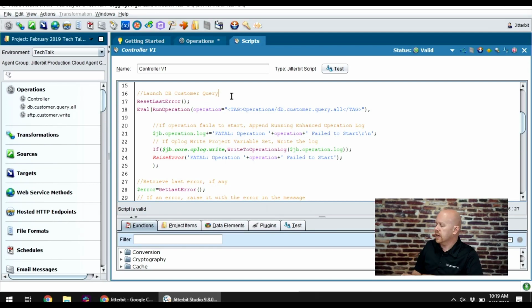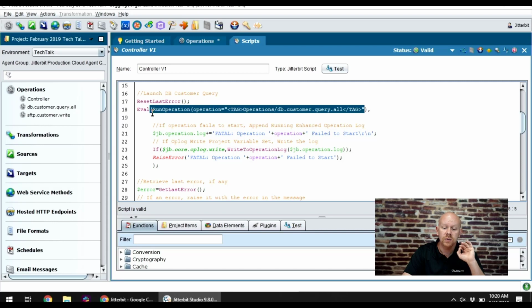If you look up in Success Central, the documentation for the run operation has some information about how to debug and capture some of this stuff. It's right there, and that's what I built this off of, expanded it ever so slightly. But we start with reset last error. If there were any errors previously that we handled, it's just going to clear those out. And we're going to use that in a little bit. The next thing is I do the run operation